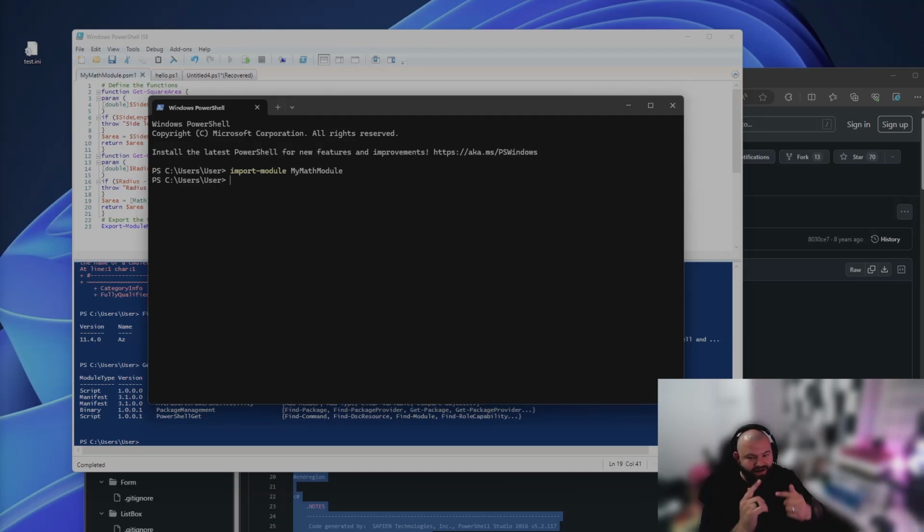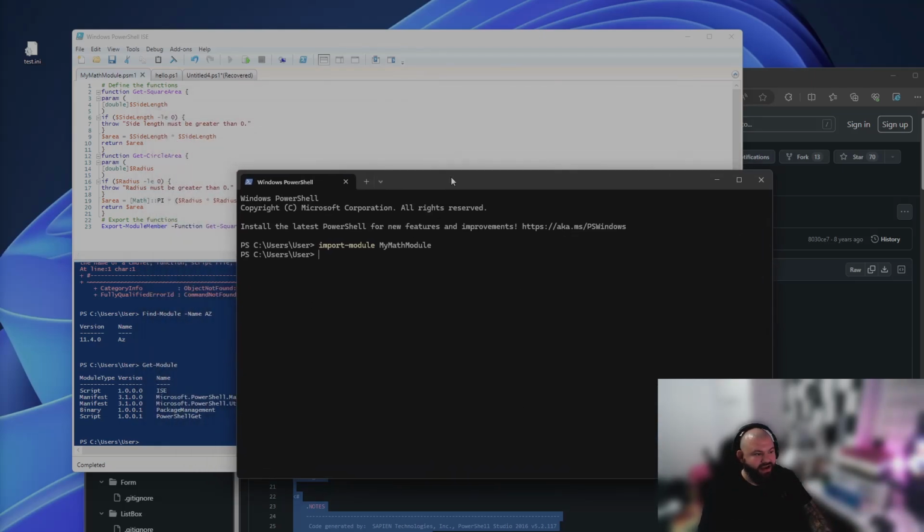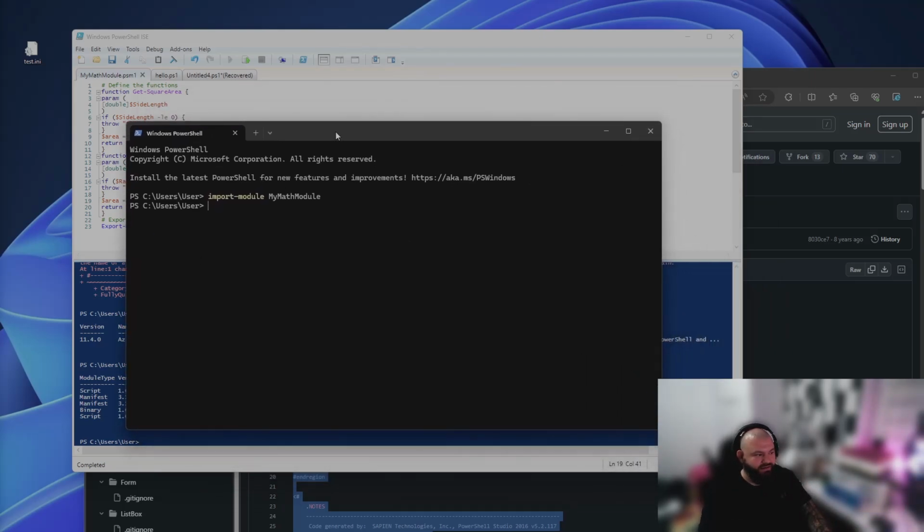Now we can use the functions. Remember, we have two functions: Get-SquareArea and Get-CircleArea. So we can do Get-SquareArea with side length 5, which turns out to be 25, or we can use the second cmdlet or function that we created, Get-CircleArea